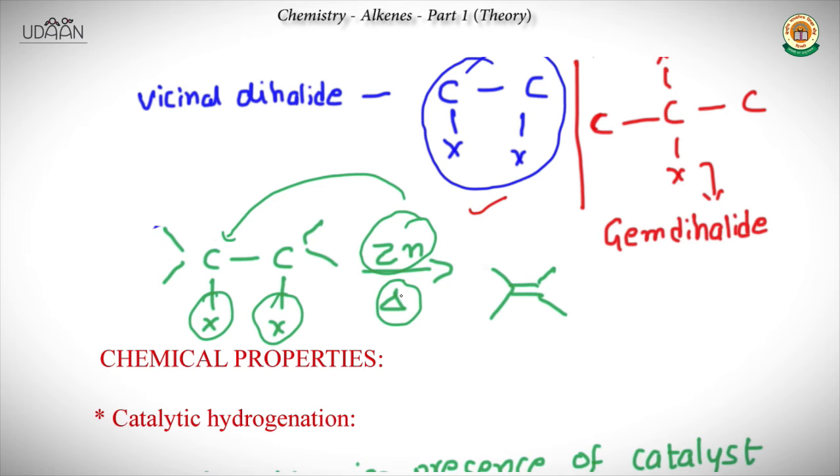Here there is nothing to do with heat, because this heat here suggests the elimination product, because first you are using zinc. It's a reducing agent because it provides electrons. And after we get electrons here, you'll get a negative charge on one carbon. And at high temperature, this gives electrons to this carbon, which favors departure of another halogen ion. Alright, okay. So now that we are done with the preparation of alkenes as such, let's look at some chemical